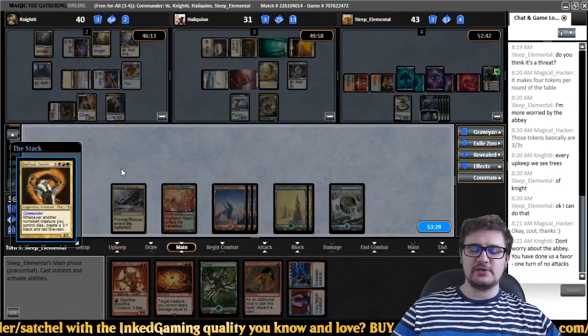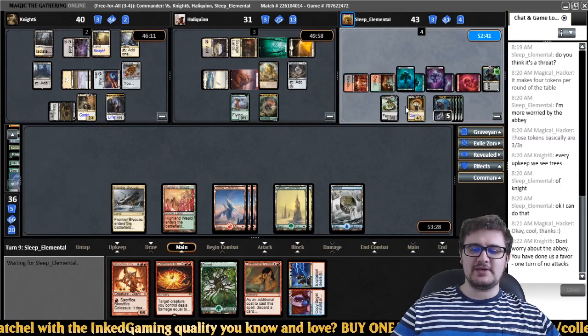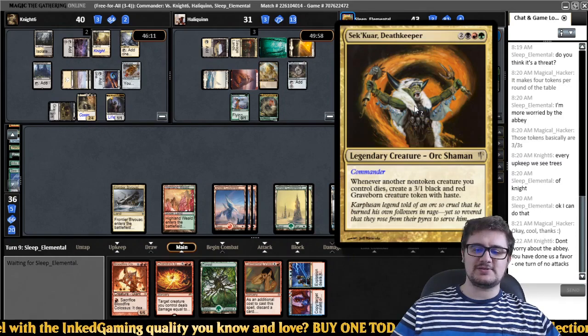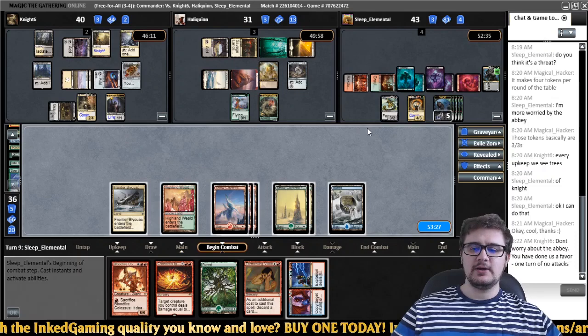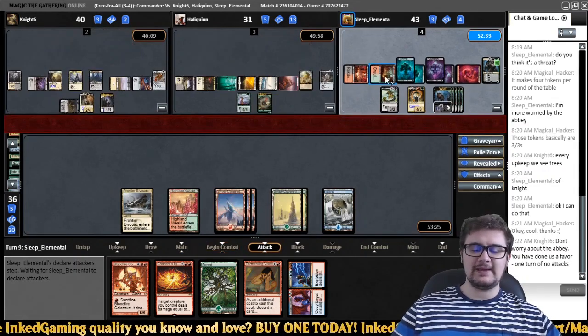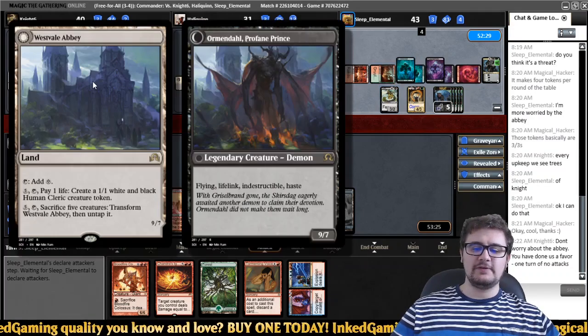Sek'kuar coming down. So this does mean, in my opinion, that we're probably going to be seeing a way for them to get rid of all those wolves. Especially since they're trying to sacrifice things anyways, I'm sure, to trigger the Sek'kuar. Let's see what happens from here. Do they go ahead and do a full-out attack? And if they do, who do they decide to attack? That's the big question. The Ormondal...